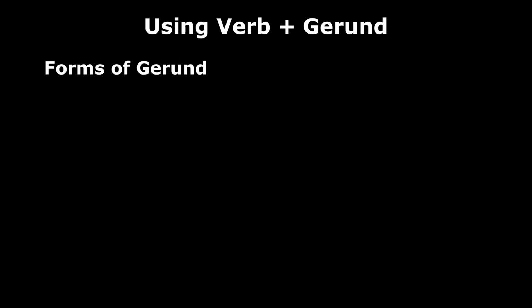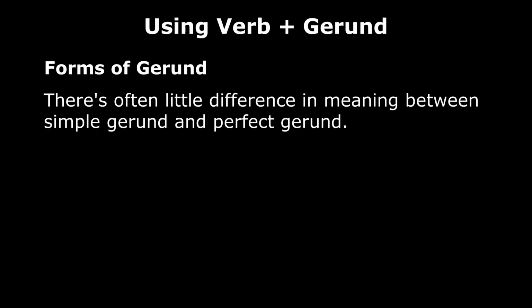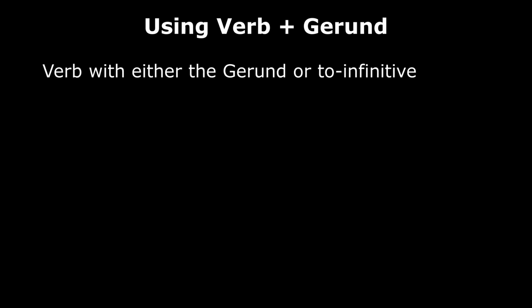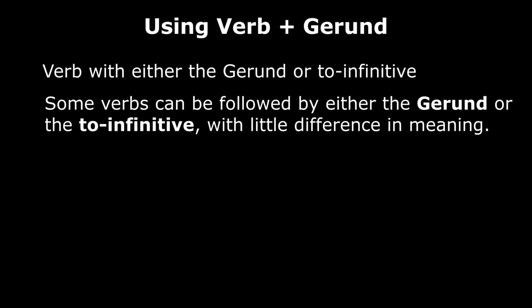Forms of gerund. There's often little difference in meaning between simple gerund and perfect gerund. For example, I don't remember doing that before. I don't remember having done that before. Verb plus gerund or to infinitive. Some verbs can be followed by either the gerund or the to infinitive with little difference in meaning. These verbs include: